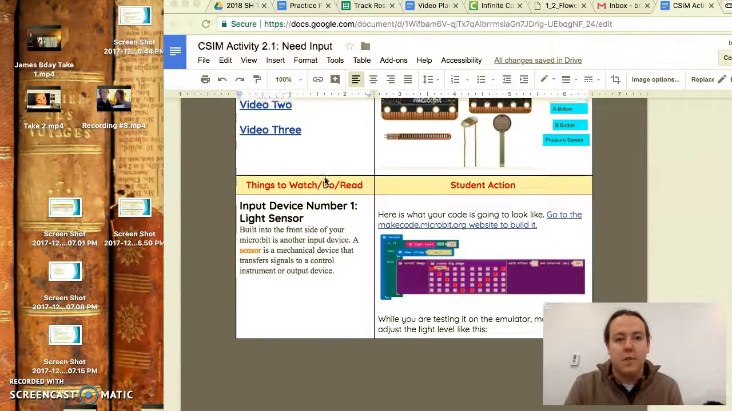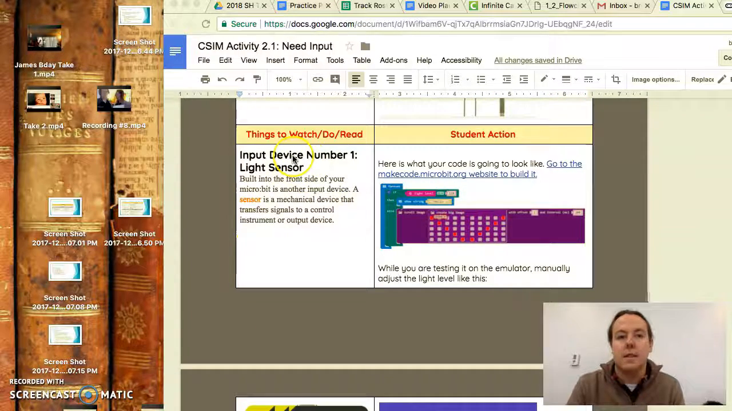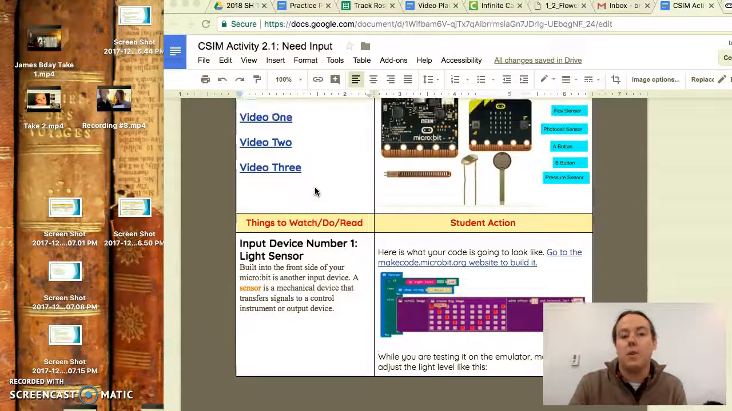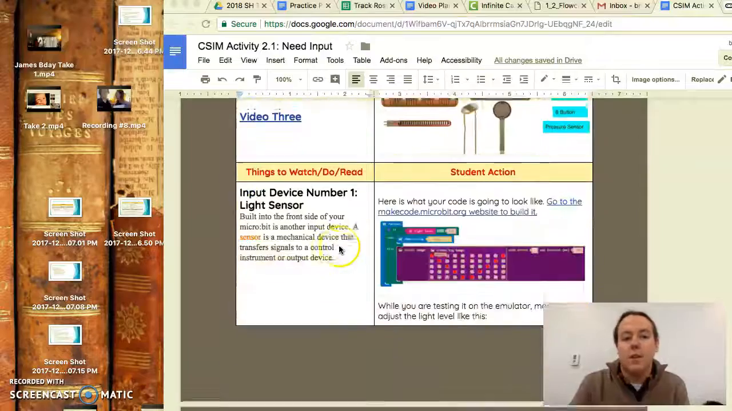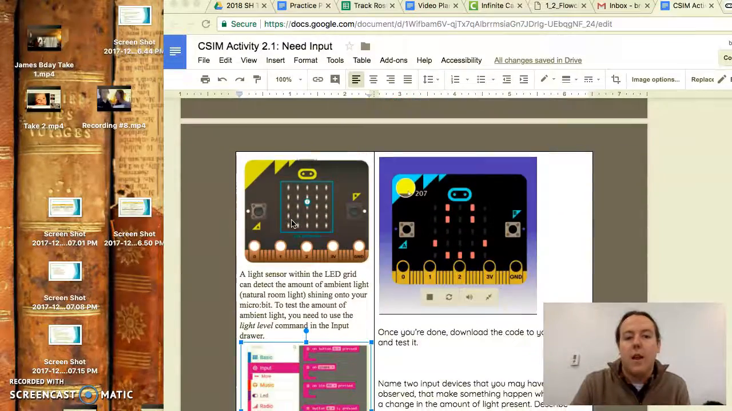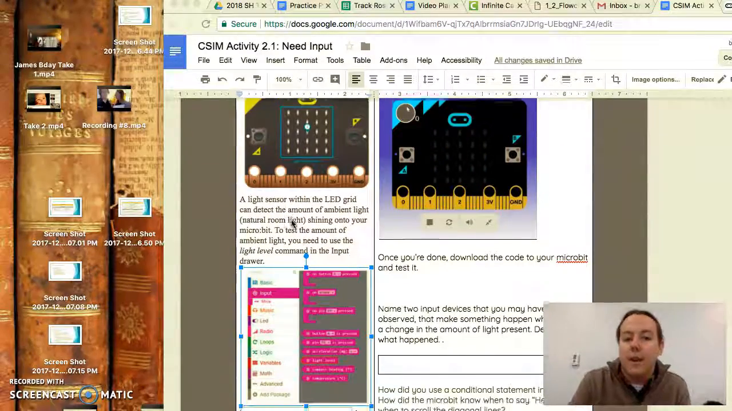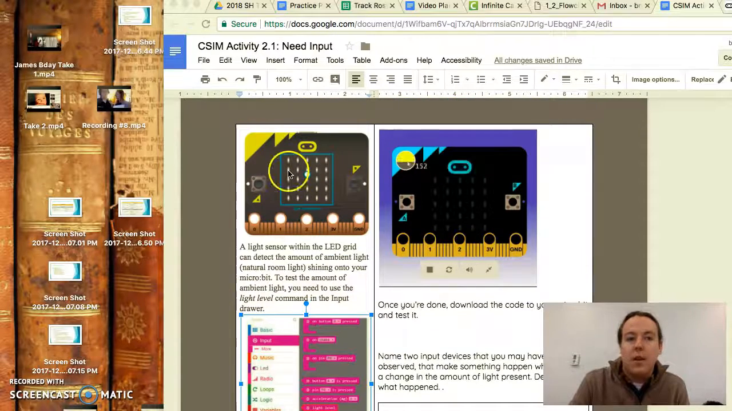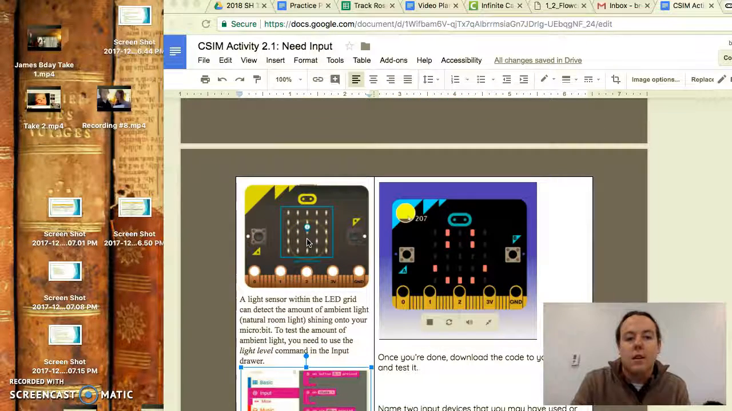Okay, so you should have just finished reading through this input device number 1 light sensor screen. So if you're watching this video, you've already done this up here. You should have read all of this, which is explaining about a light sensor on your microbit. Okay, so it's talking about behind the